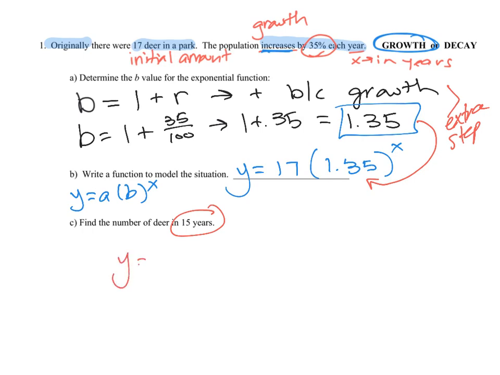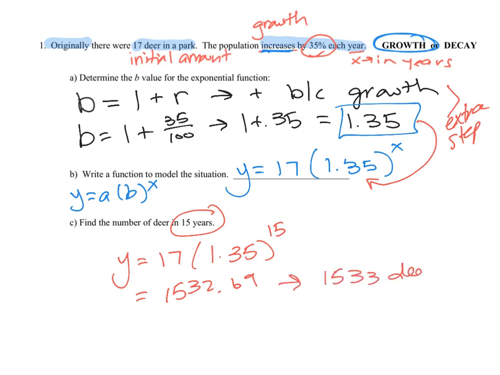All right, so y equals 17 in parentheses times 1.35. And I'm going to replace x with 15. And again, we can use our calculator, we can use Desmos, doesn't matter. And when we do that, when we type that in, 17 times, in parentheses, 1.35 to the 15, I get 1532.69. I can't have partial deer, so I'm going to round that,